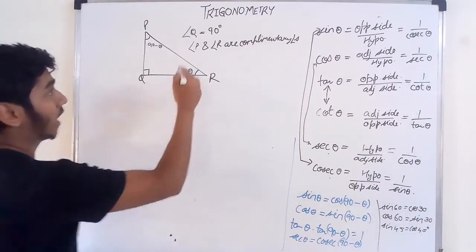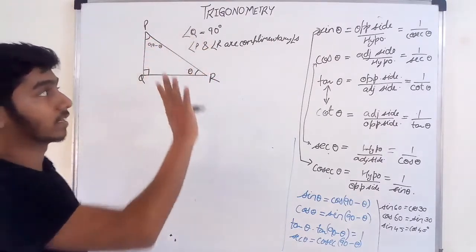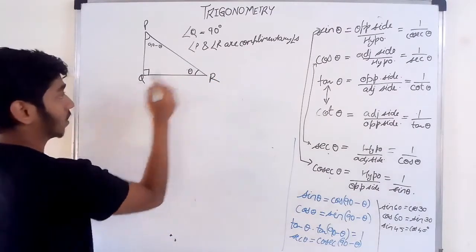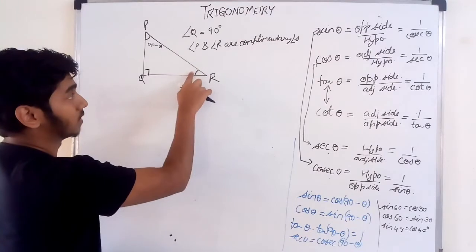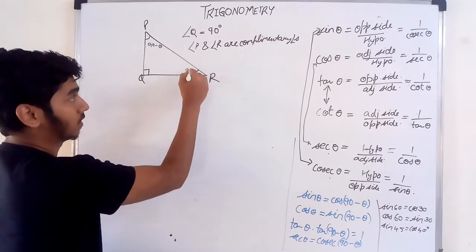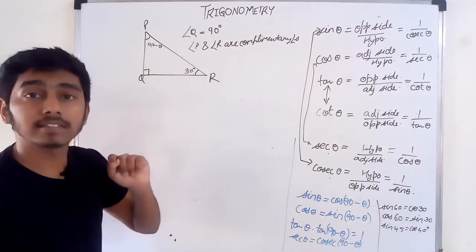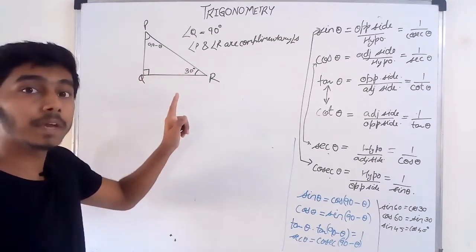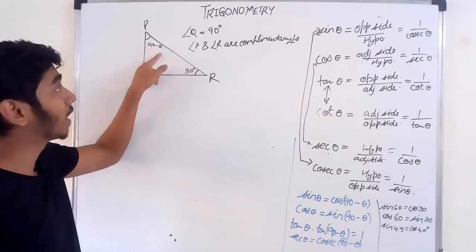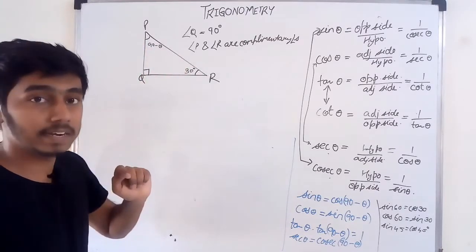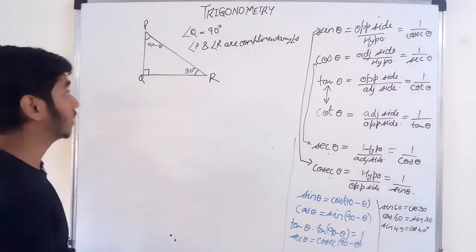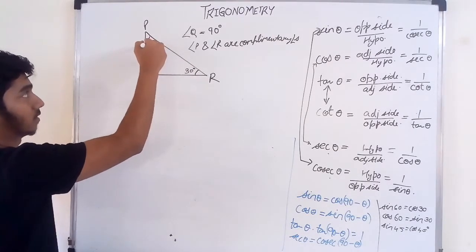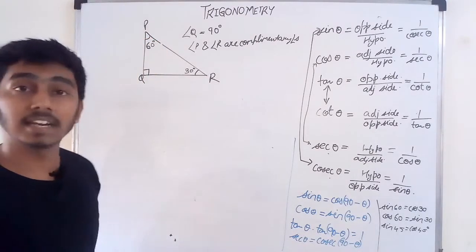Now if you see, angle Q is 90, that is there, P and R are complementary. Now let's consider angle R as 30 degree, therefore angle P will be how much? See, this is 90, this is 30, total it became 120. So 180 minus 120, because sum of the angles is 180, so therefore this angle will be 60 degree. So this is 60 degree.